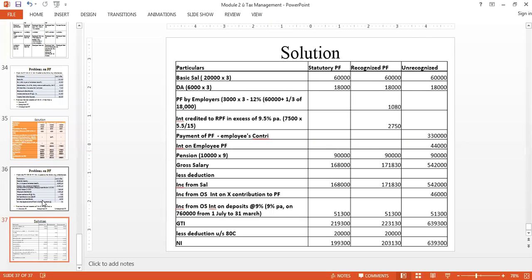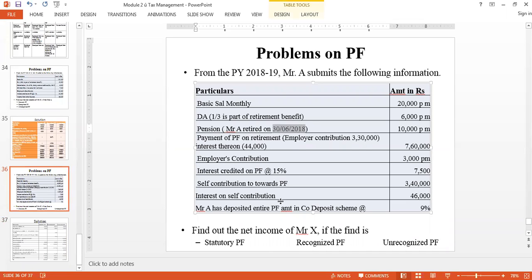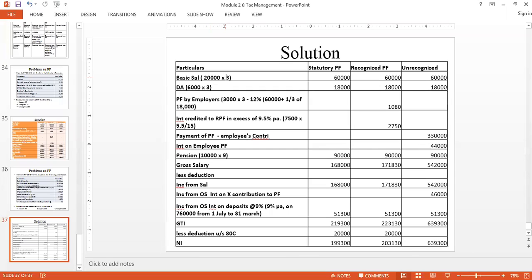Sir, because he retired, yes, 3 months. He has retired on this day. So you have to consider salary from 1st April 2018 to 31st March 2019. In these 12 months, only the salary that he received is to be considered. Technically speaking, he received salary for only 3 months because he retired on 30th June. So he receives salary for April, May, and June. Only these 3 months' salary is what we have to consider. That's the reason I have considered 20,000 into 3. Getting it? So in that year, he received a salary of only 60,000 rupees.